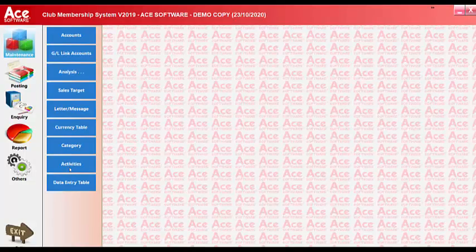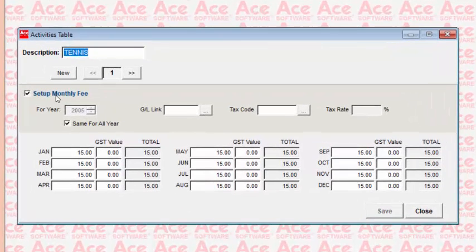Now this is activities, the creation of what sort of activities you have within your club. Now each activity may carry a different type of monthly fee or subscription. So you can actually create different types of subscription. For example, darts, golf, if you have cricket and so on, you can create. And you notice down here is showing you how much monthly they'll be charged. So for example, if they have badminton, maybe you're charging 15 ringgit a month